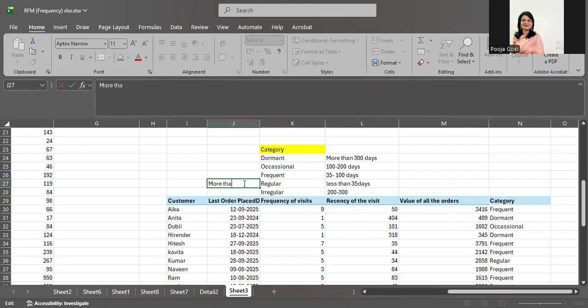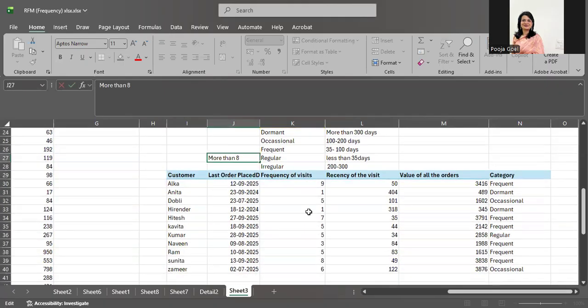Let's say 8 visits. I'm just giving this number keeping my data in mind. So if a customer is visiting more than 8 times or 7 times, maybe he is a regular for me. Maybe if he is visiting more than 5 times, then he is a frequent for me. Maybe if he's visiting more than 4 times, he is an occasional for me.